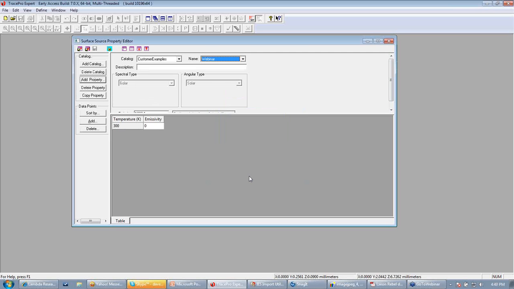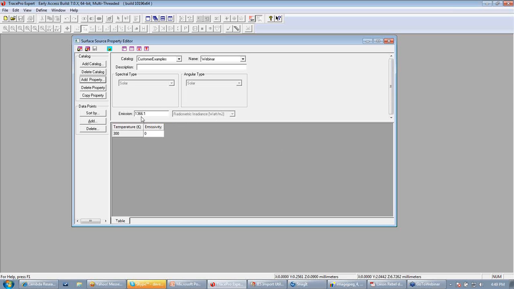Click OK, and it's all in there. It has the emission of 1366 watts per meter squared. The spectrum is that of the sun, and the angular distribution is that of the sun. So you could then apply this to an object in TracePro to represent the sun, probably